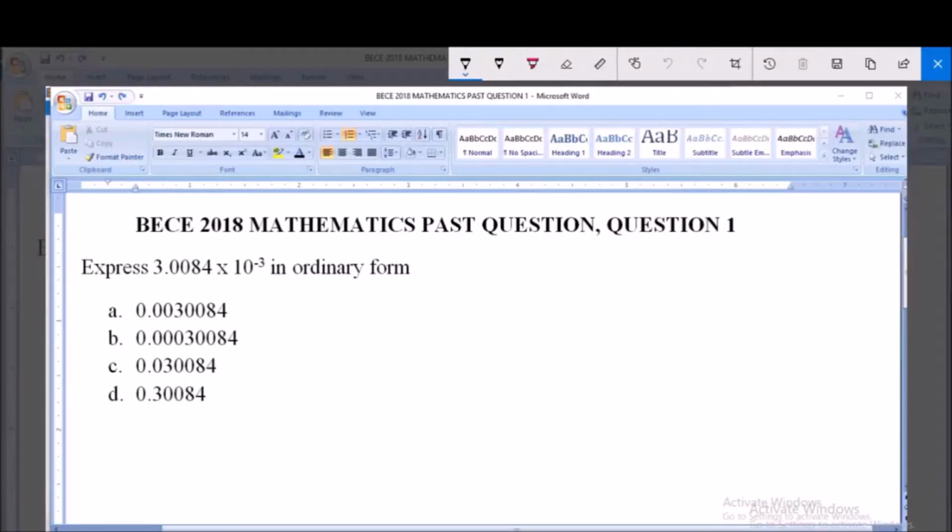Today we're going to be dealing with BECE 2018 Mathematics Past Question 1. Express 3.0084 times 10 raised to the power of minus 3 in ordinary form. A. 0.00300084, B. 0.00030084, C. 0.030084, and D. 0.30084. So we have to express this number